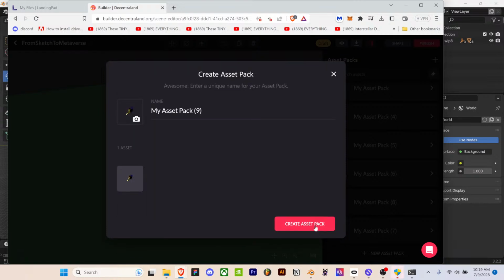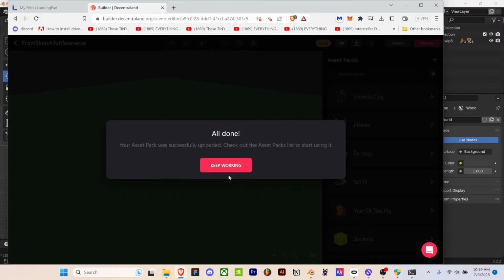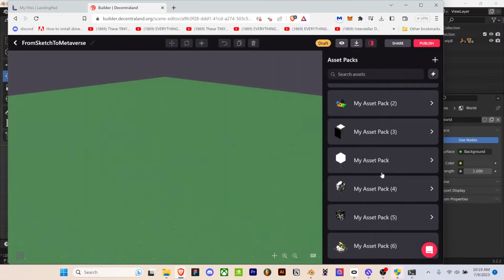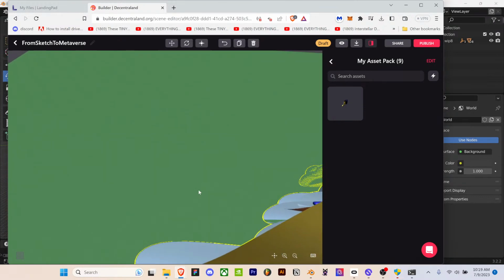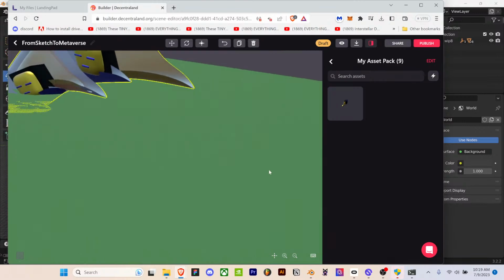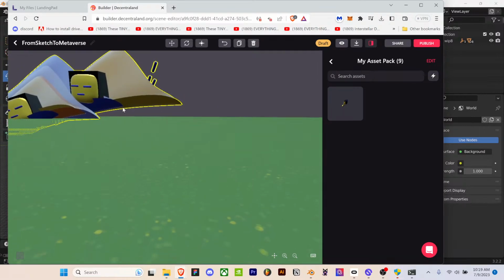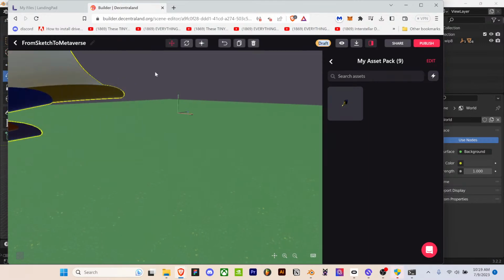Okay. Cool. So I'm just creating the asset pack real quick. And here is my model. Let's drag it in. There you go. Done. Okay, now we have to see if it'll give me some issues within here. Ah, I'm moving this around way too fast. Okay. So I think if you hold shift, let me hold shift and